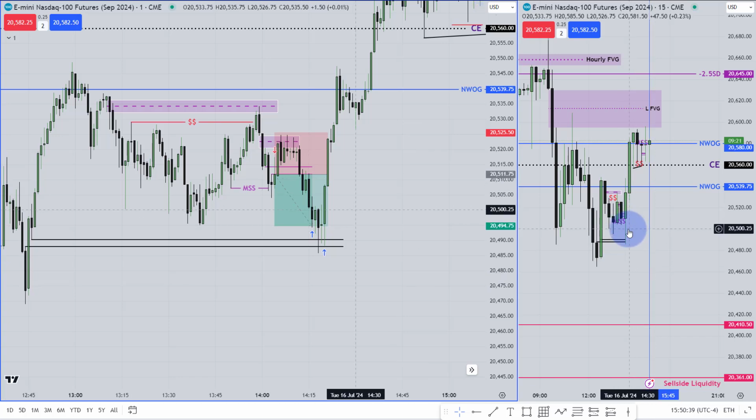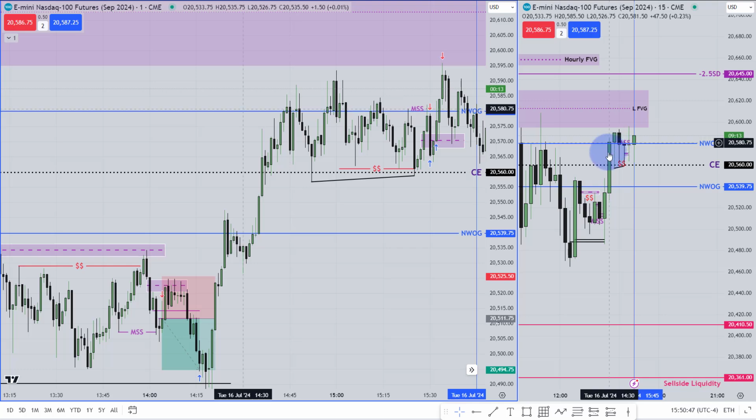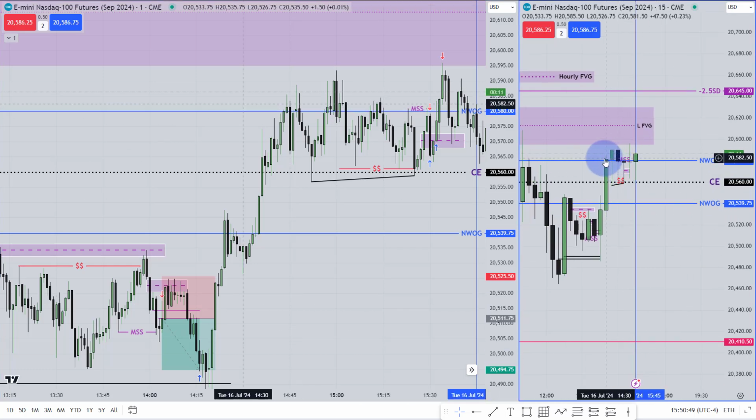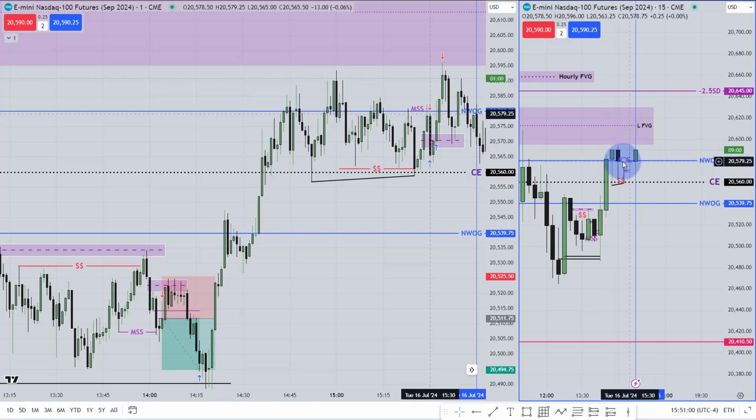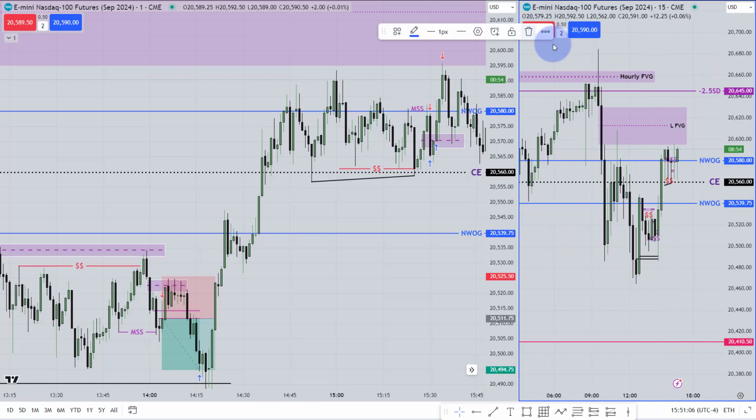From the 15-minute chart, you can see market was going higher, higher, higher. I didn't participate in any of this buy run. Okay, when I was just looking at these candles, how it is going to close, I was thinking if it can close above this new week opening gap, I will start to look for buy again. Then you can see this candle has closed on my right. Okay, this candle has closed above this new week opening gap high. The very next candle was closed above this new week opening gap high, but it didn't reach until this last